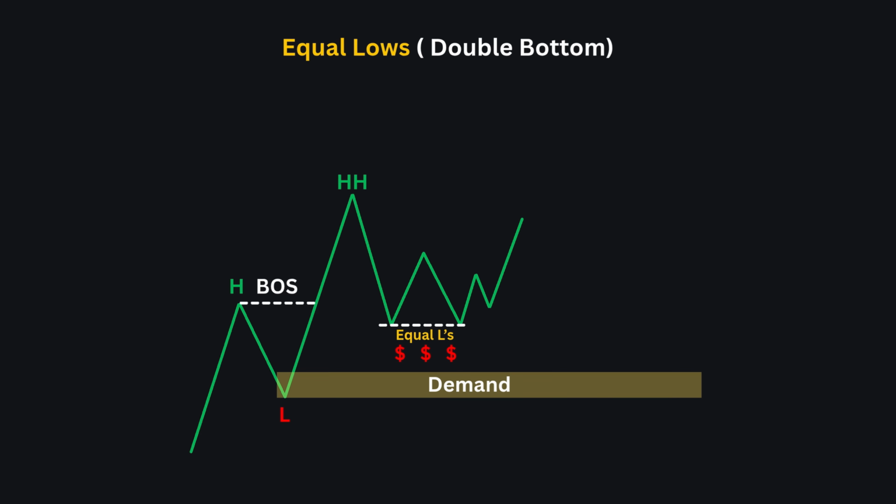And a lot of liquidity has been gathered below these equal lows. And after that, we can clearly see that price starts moving upward due to the buying pressure of retail traders. But as a smart money trader, we know that smart money can manipulate the market easily. Smart money often misleads traders with false setups, triggering stop losses to tap into liquidity and drive the market with